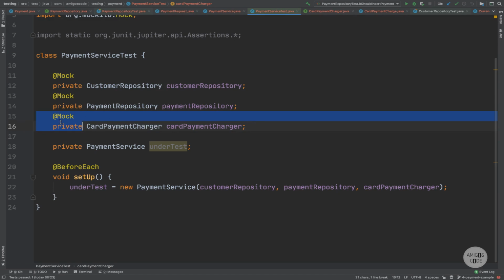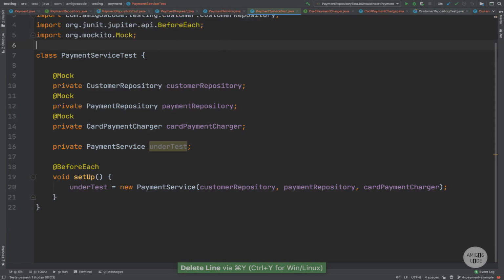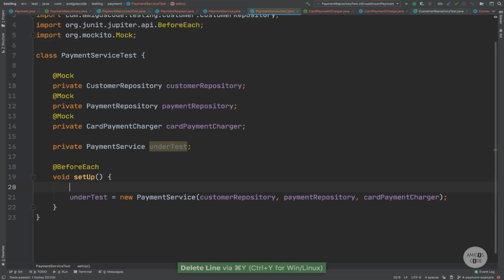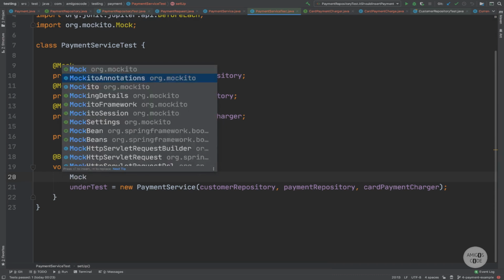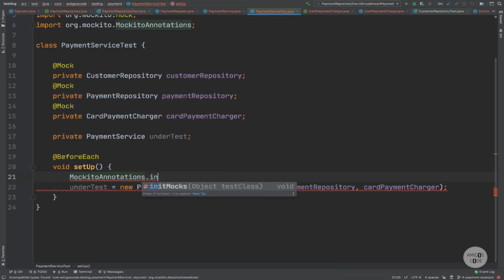And this we haven't tested, right? But this is an interface, right? We will also test it in isolation later on. So we actually don't need the static import there. And there we go. Now, in order for me to initialize the mocks, so Mockito annotations dot init mocks, and